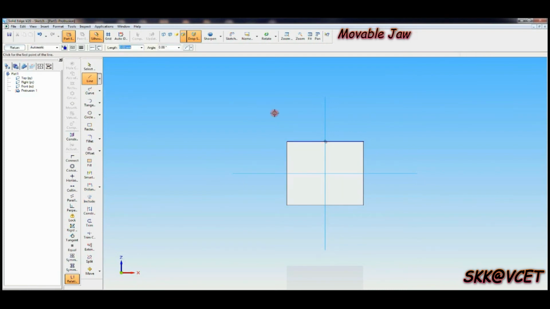Then with the help of line command, at the extreme right end, click and start the straight line 3 mm, then horizontal 5 mm, upward direction 25 mm, then horizontally 35 mm, then downward direction you have to give 28 minus 10. Then horizontally you have to give 10 mm. That is 35 plus 5, 40, 50 minus 40. Downward direction 10. Like this the profile you have to make.